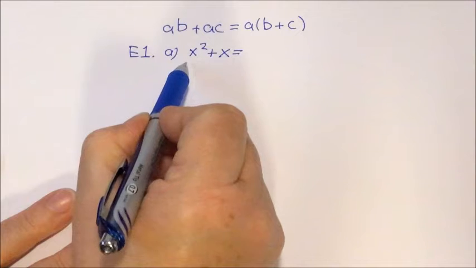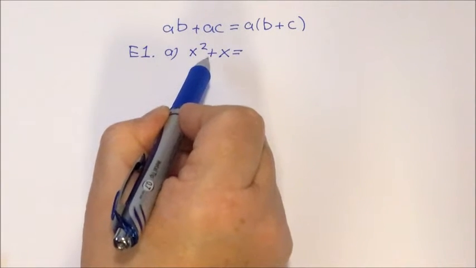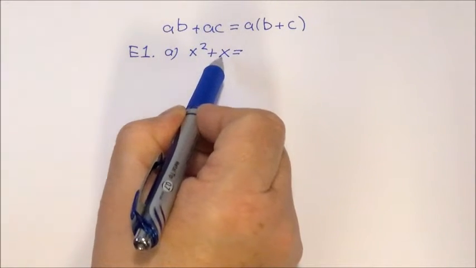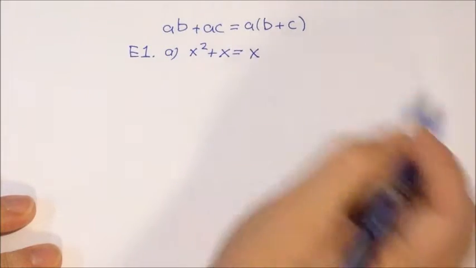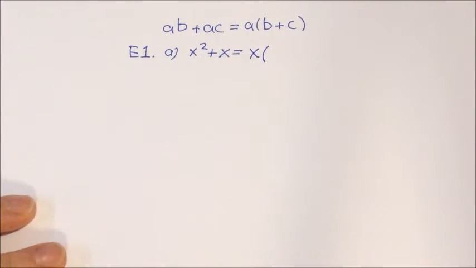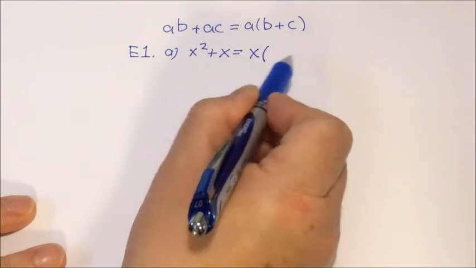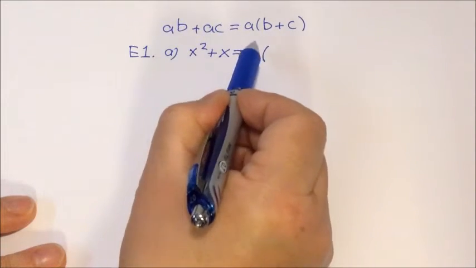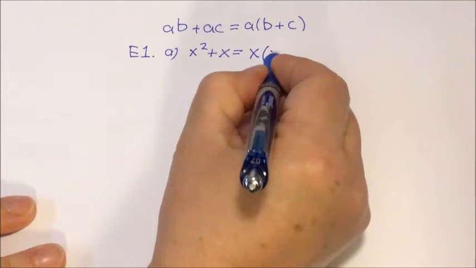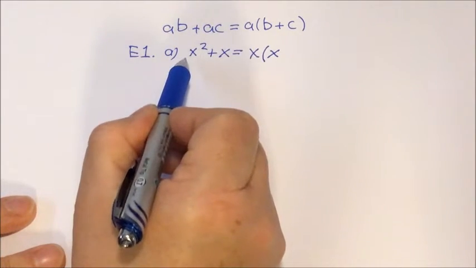So this first term can be interpreted as x times x, and this second can be interpreted as x times 1. So there is x as a common factor. Let's take it as a factor in front. And then you can think what have to be the two terms here so that when you multiply by x, you get these terms. So if the first term here is x, when you multiply you get x squared,